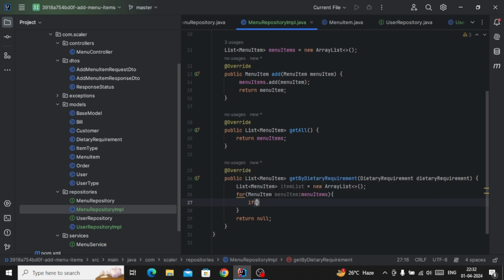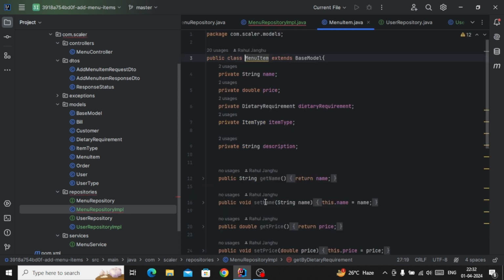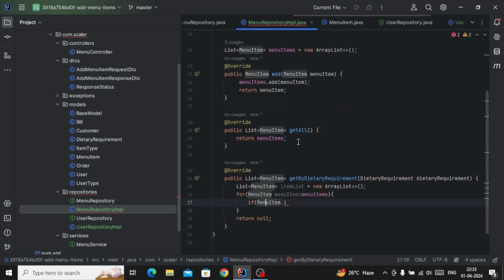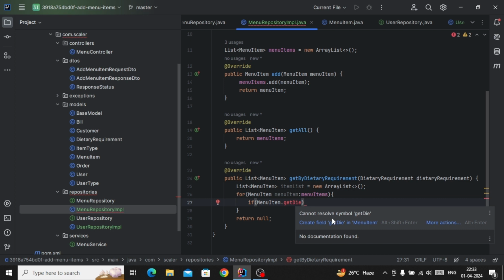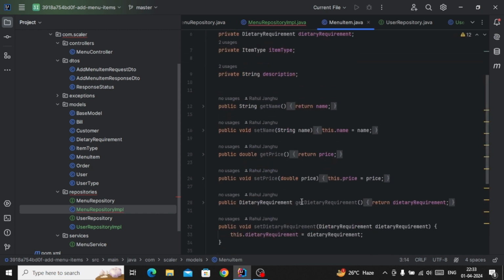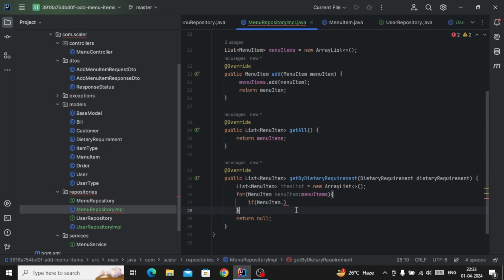if menuItem. So simply click on the MenuItem, you can see we have one getter method, getDietaryRequirement. So we will go there and directly call dot getDietary. Here we have this getDietaryRequirement.